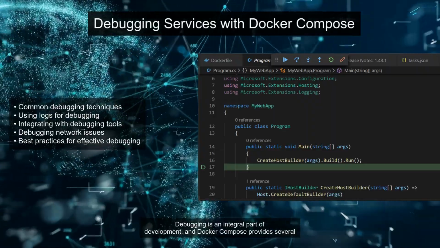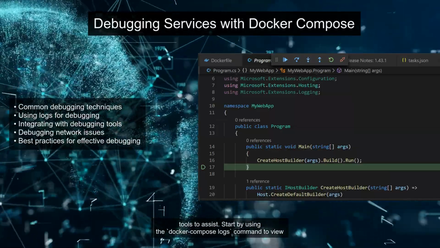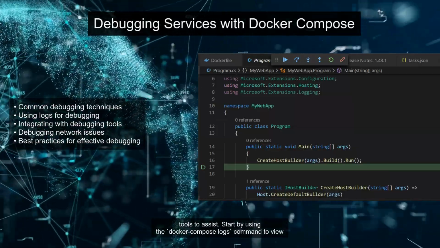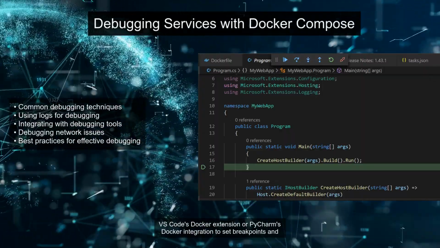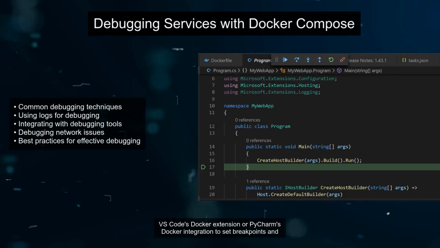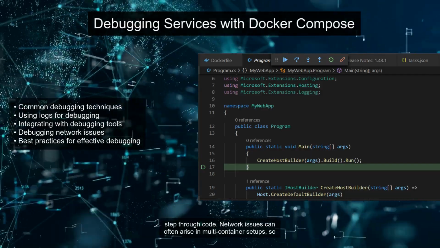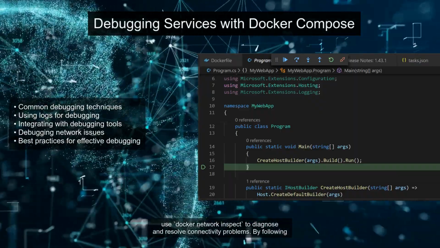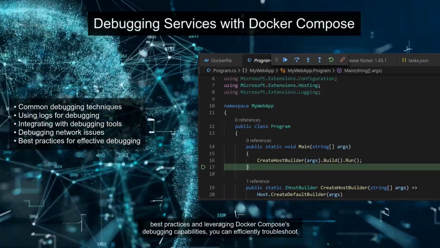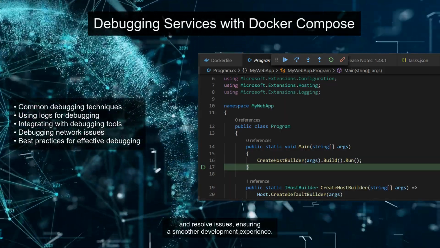Debugging is an integral part of development, and Docker Compose provides several tools to assist. Start by using the docker compose logs command to view service logs and identify issues. For more in-depth debugging, incorporate tools like Visual Studio Code's Docker extension or PyCharm's Docker integration to set breakpoints and step through code. Network issues can often arise in multi-container setups, so use docker network inspect to diagnose and resolve connectivity problems. By following best practices and leveraging Docker Compose's debugging capabilities, you can efficiently troubleshoot and resolve issues, ensuring a